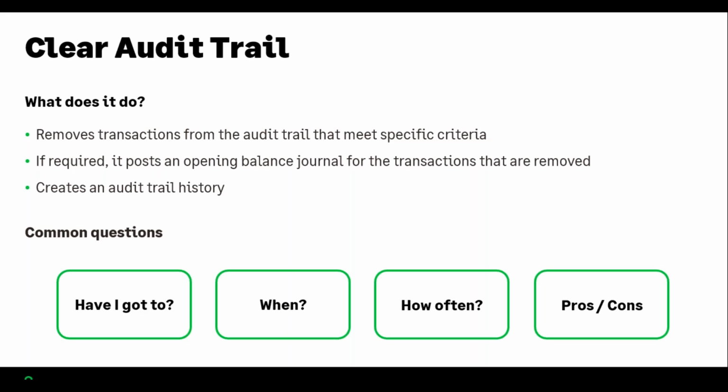Common questions that we get. Have I got to do this? No, quite simply, you don't have to do this. This is completely up to you. We do have a recommended data limit, transactions limit, or you might see it written down as splits, S-P-L-I-T-S, and